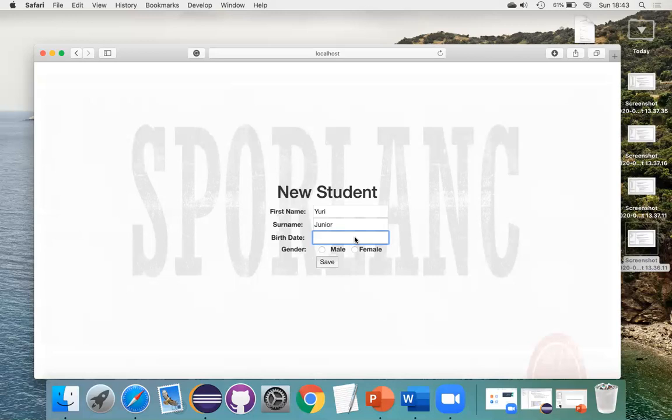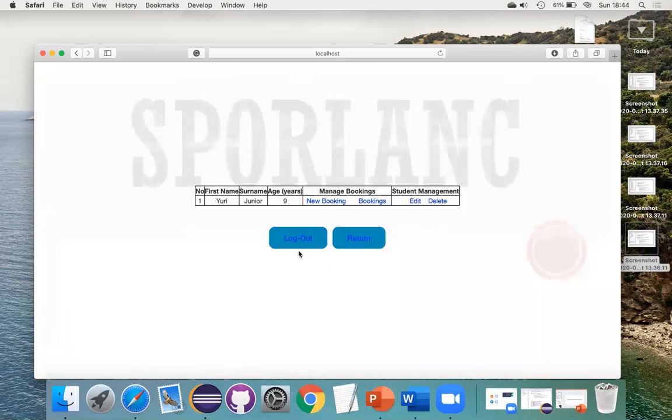Here in Safari, I cannot see the calendar, so I have to put it in hard coded, but when I use Google Chrome, it's going to show the calendar here. So I'll put the 10th of October. Then it can be female, Japanese. Okay, save. Now I have one student and he's 9 years old. Nice. Then I can add a new booking.